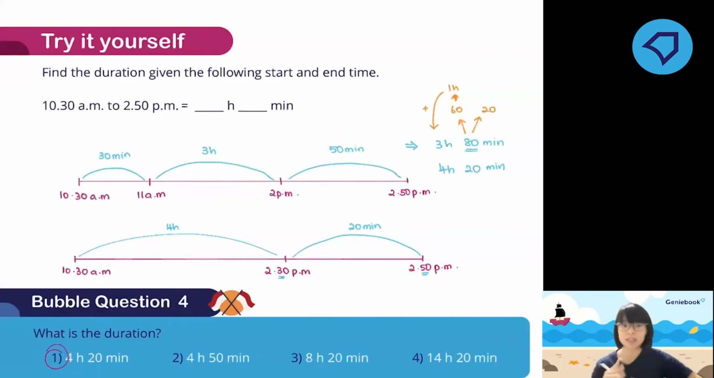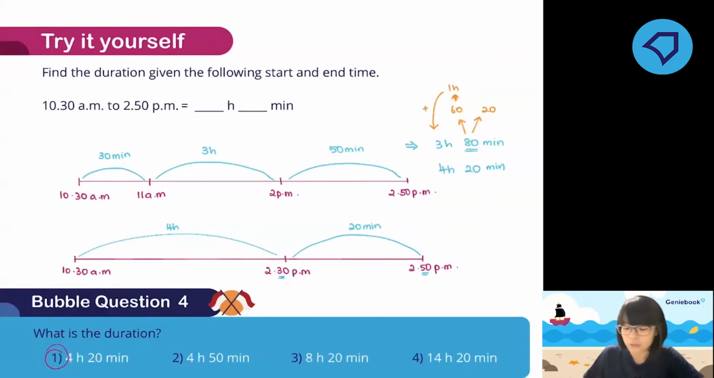So you do whichever method that you're more comfortable with. If you're not very comfortable finding the hours together with the minutes in the time, you can always go to the nearest hour first. Then go to the next nearest hour and then find how many more minutes to the end time over here. Okay. If you don't get why the answer is 1,